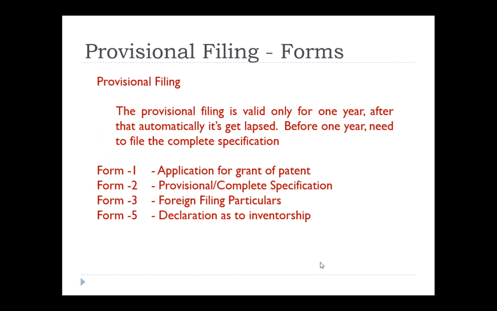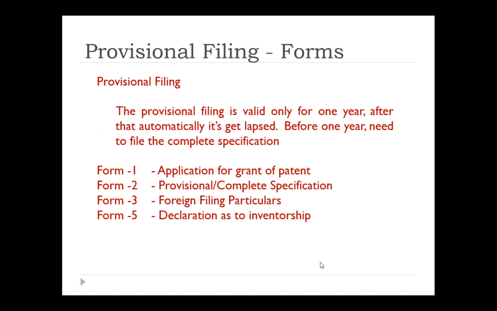Form number 3, as I mentioned over there, is an undertaking. Undertaking of what? Undertaking of foreign filing particulars. For example, this application can also be filed in any foreign nation or any other country. Those details should be given in detail with the live status of it, whether it is published, examination is done, it is granted, or the product has been marketed. All those details should be specifically highlighted in this Form 3, right?